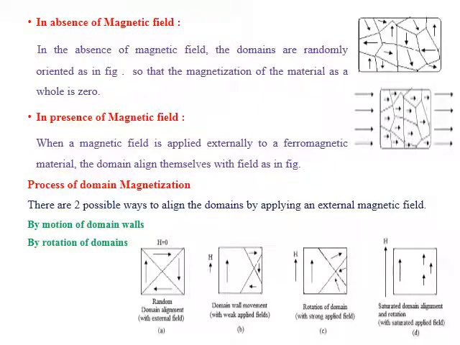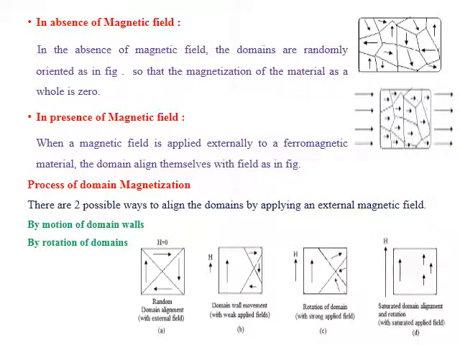In the first diagram, you can see the random orientation of dipoles when we have a very low magnetic field or no magnetic field. When the magnetic field is increased, the nearby oriented dipoles get aligned in the same direction. The size of the domain increases by the process called domain wall movement. Further, if you apply a very high magnetic field, all the domains are converted into a single oriented region.